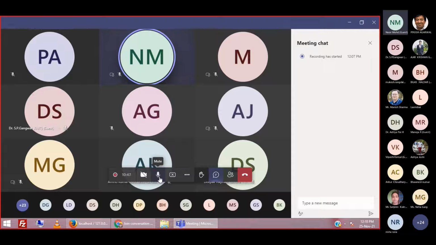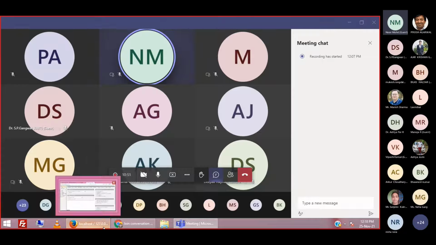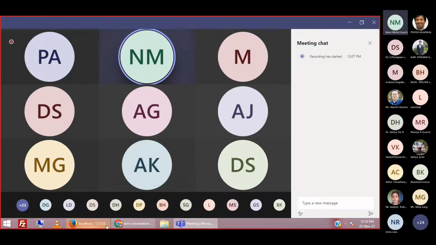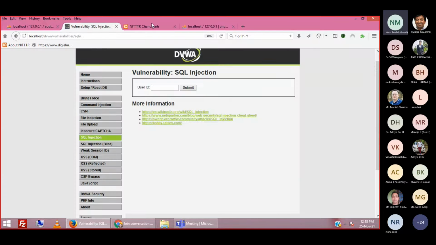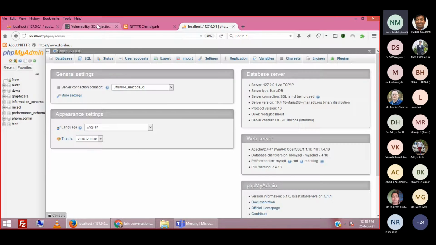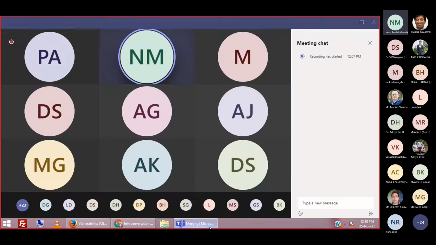How many of you are working along with me in DVWA? This session is going to be purely practical and there will be no benefit if you are not practicing along with me. It is not just a simple lecture like an awareness or introduction kind of thing, right? So it is completely hands-on. So I request all the participants to please practice along with me. So how many of you have opened this DVWA?